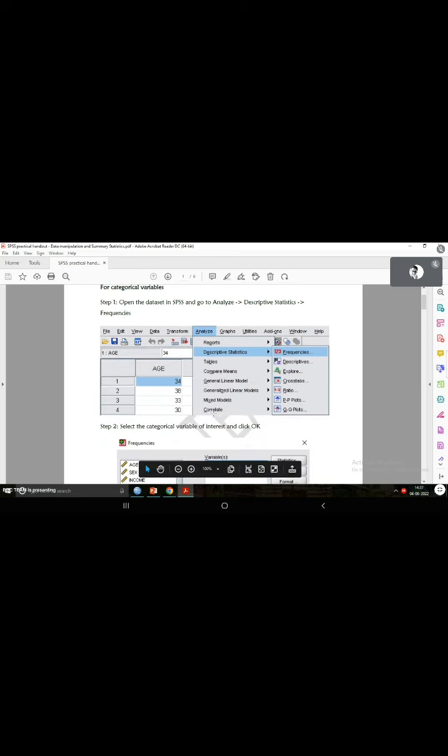The first session will be on this particular PDF, that is data manipulation and descriptive statistics using SPSS software, where we have given you a step-by-step screenshot of all the data manipulation and summary statistics that we are going to do now in this session.